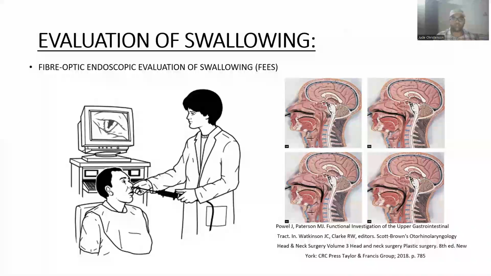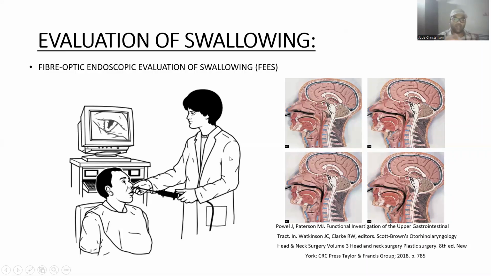The first one is the fiberoptic endoscopic evaluation of swallowing, also called FEES. That is shown in this picture. This is a doctor standing with an endoscope. The endoscope is introduced through the nose like this. From the nose, it will go into the last part of the nose, which is called the nasopharynx, which is continuous with the throat. So from the nasopharynx, it goes into the throat, till the pharynx, the oropharynx, and we can assess